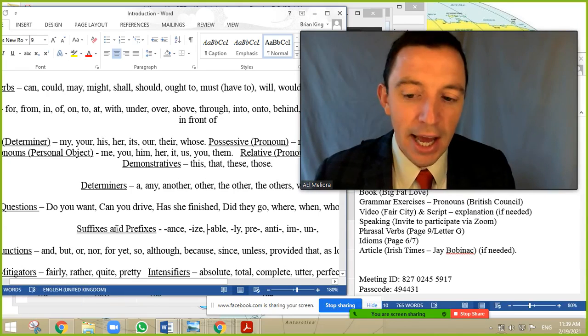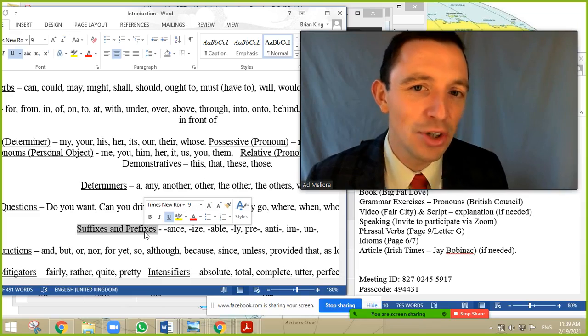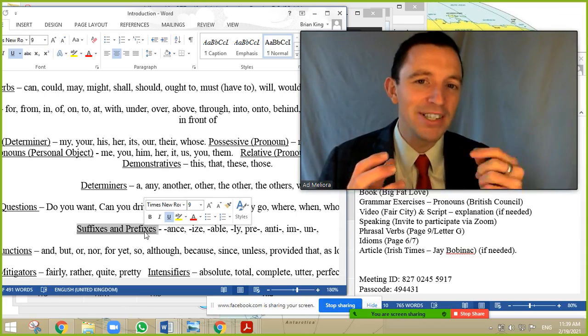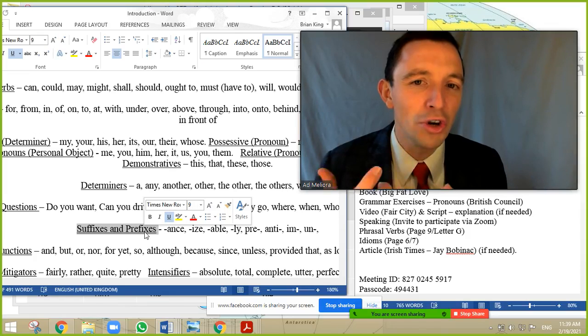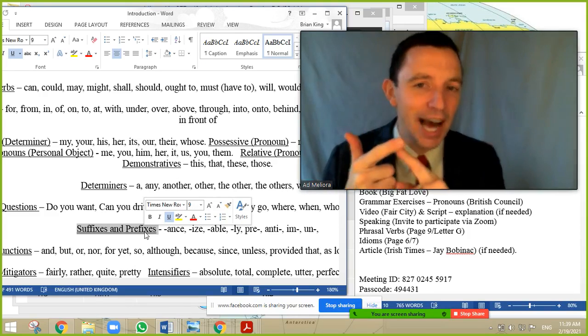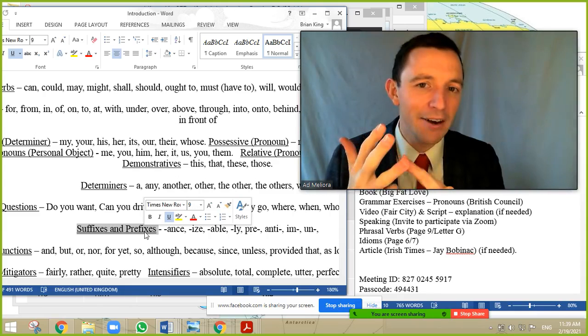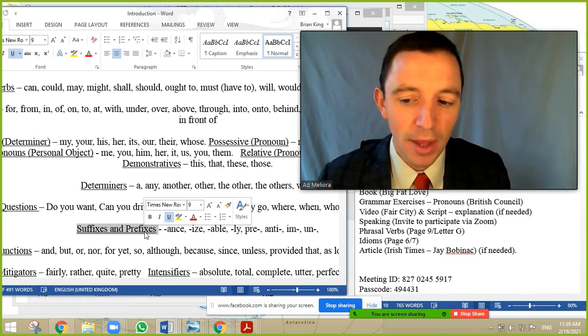Okay. Finally, suffixes and prefixes, again in my opinion, are a big help when you study. You should pay attention to the suffix and the prefix, because it gives you a big clue and a big secret to the structure and the form of the word in the family. Is it a verb? Is it an adjective? Is it a noun? Is it an adverb? So the suffix and the prefix is very good area to study.